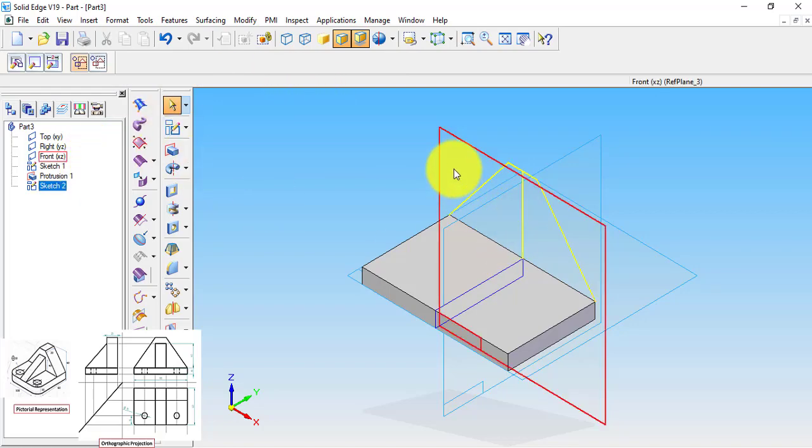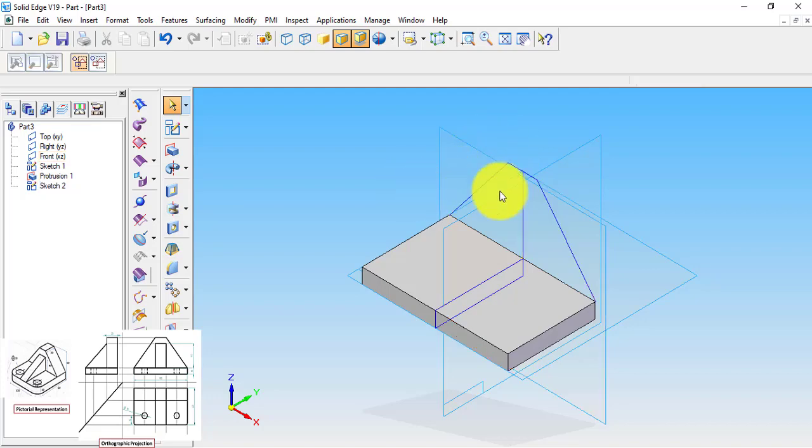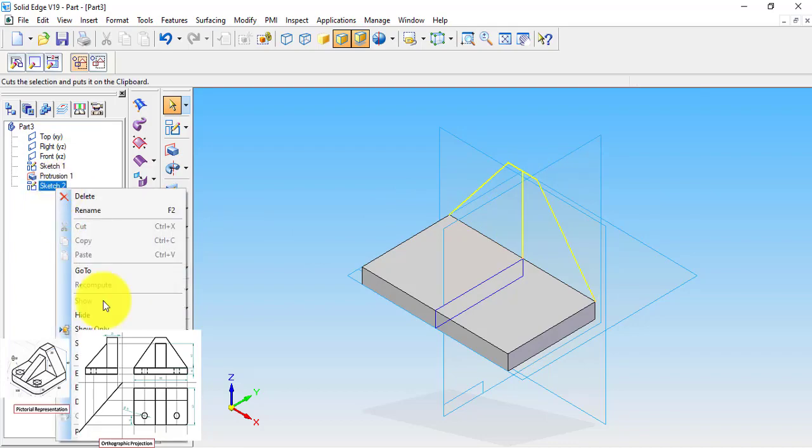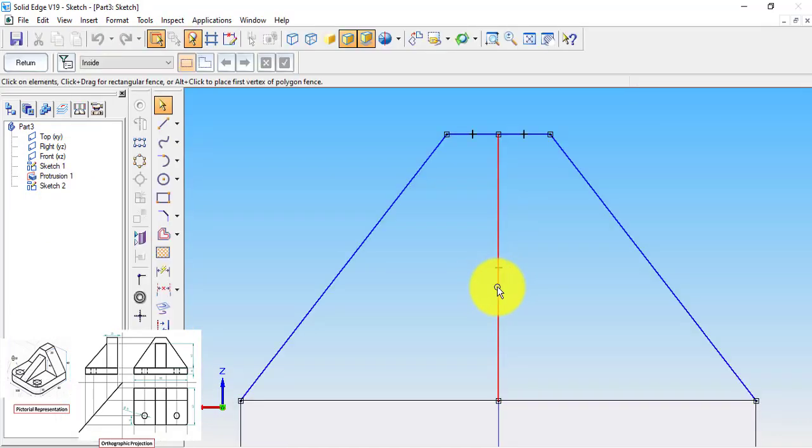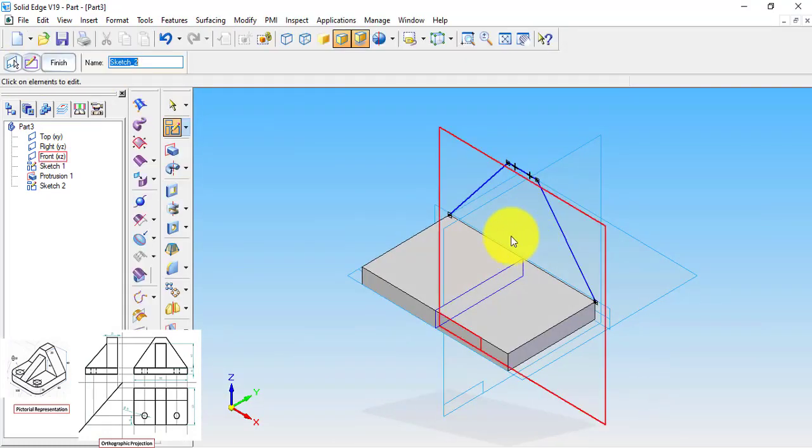So if you have made any mistake or any extra work while working on the profile, and you need to edit any profile, we need to go to the default section and click on the corresponding sketch which you want to edit. Now I want to edit sketch 2, as the middle line is unwanted here. Now click on sketch 2, edit profile, and delete this line and return to the default menu.